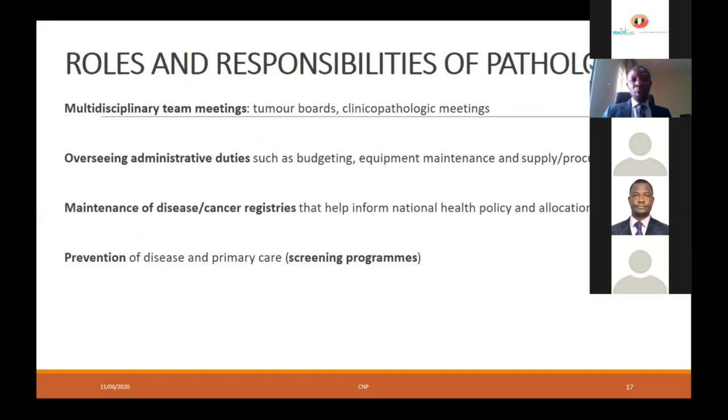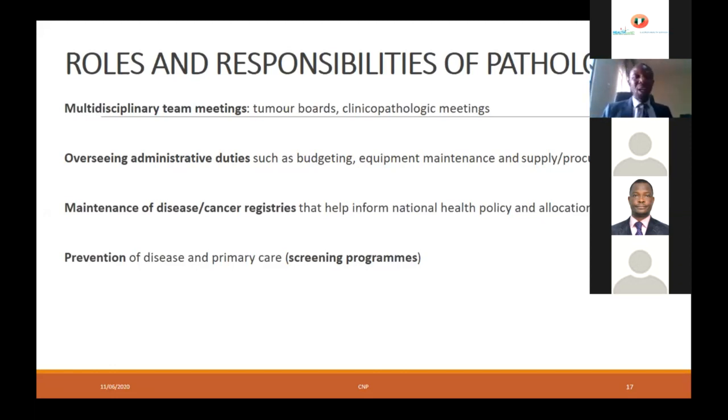A tumor comes, tumors behave in different ways. Ideally we should actually meet on all cancer patients, but sometimes that is not possible. Well, most of the times we meet on patients where the clinician comes with their own information, the radiologist is present there and makes contributions, the surgeons are there, and the pathologist is there as well with the report. Everybody makes inputs, and the patient at the end of the day, there has never been a tumor board meeting we had that did not get positive results for the patients and improvement in the quality of care of the patients.